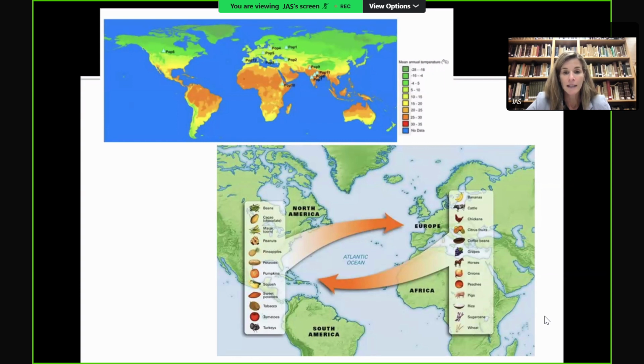What happens is that, as we see on the climate map, Europeans are not able to transplant the pineapple to Europe because it's too cold to grow pineapple there. What they do is bring it to Africa, and then from Africa to India, and from India it arrives also in China. And this is one of the main points of today's lecture: how Europeans, who don't have their own